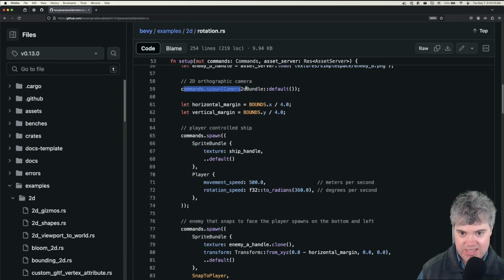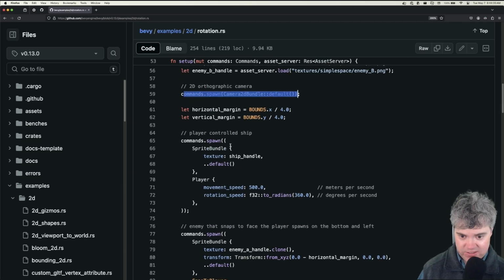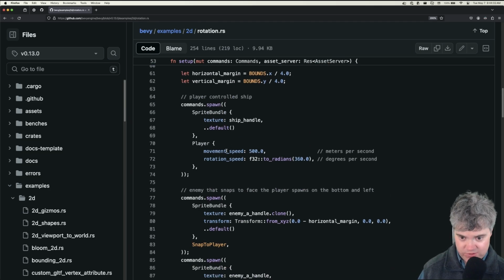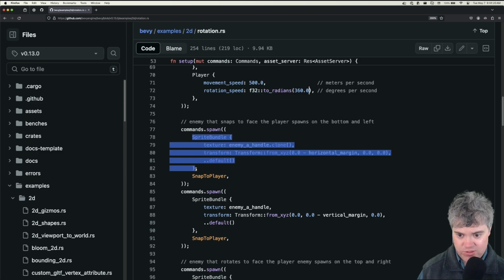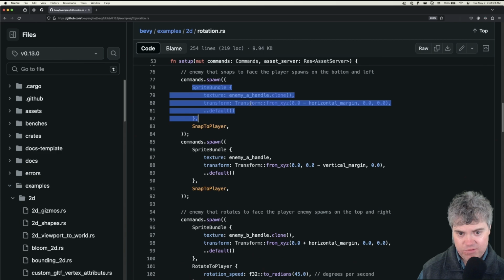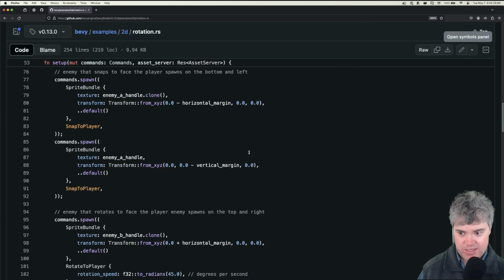So we spawned a camera just like that. I didn't put any of the bounds or anything else. I just wanted to be able to do rotation. They did a 2 radians. I wonder if I should do that. We don't have a, okay, so we didn't use a sprite. So we're using a mesh. So I ignored this part. I wonder if the transform we're going to have though. Okay, come on, go away. Don't do that.